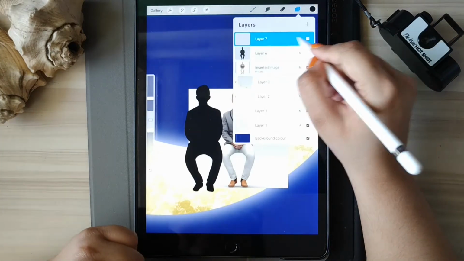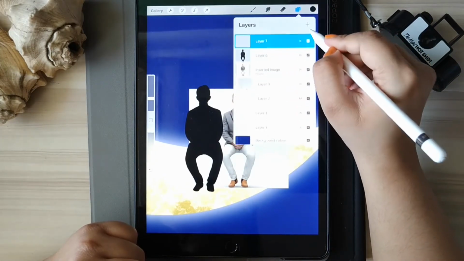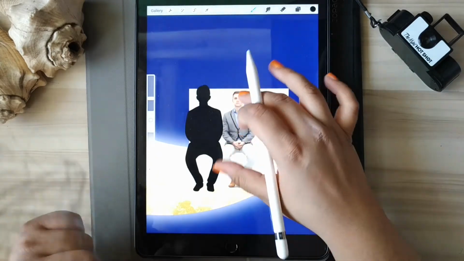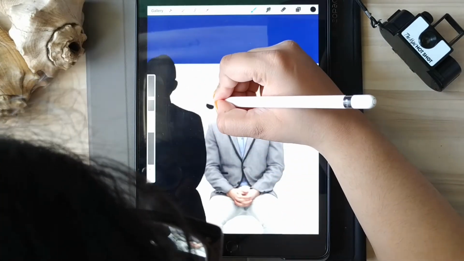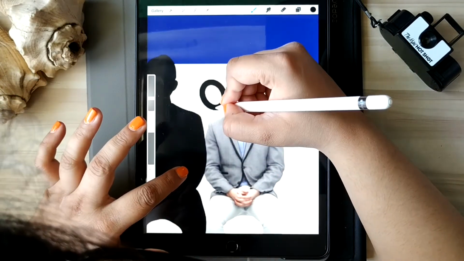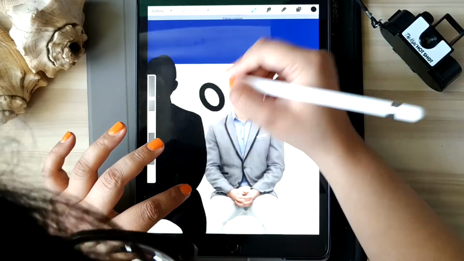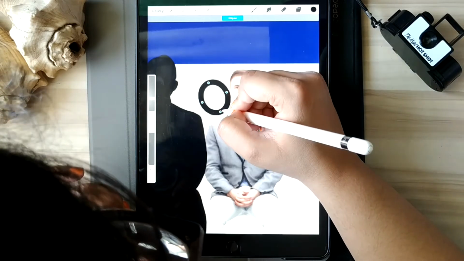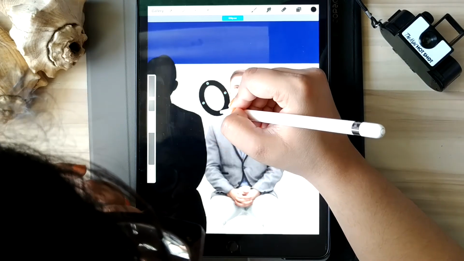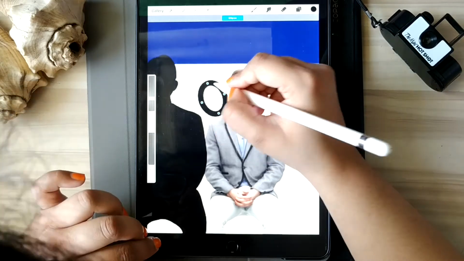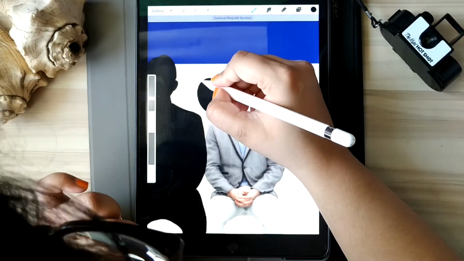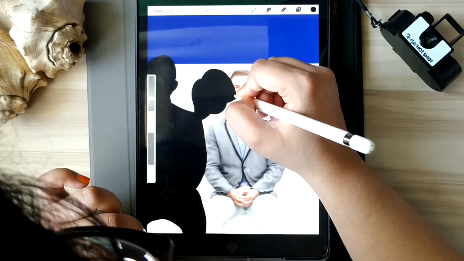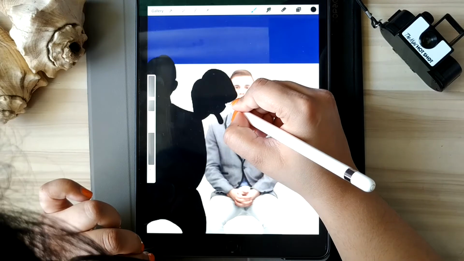So let's create a layer above the man's layer. Sorry, I created an extra one. So this will be the layer, and we'll be using the monoline brush which we used for the man's figure. Now let's create the woman. When you're creating, you can play around with the shapes like I am doing. Go to edit shape and change the shape according to how you wish it to be. Let's give this figure a little womanly look so it doesn't look the same as the man.